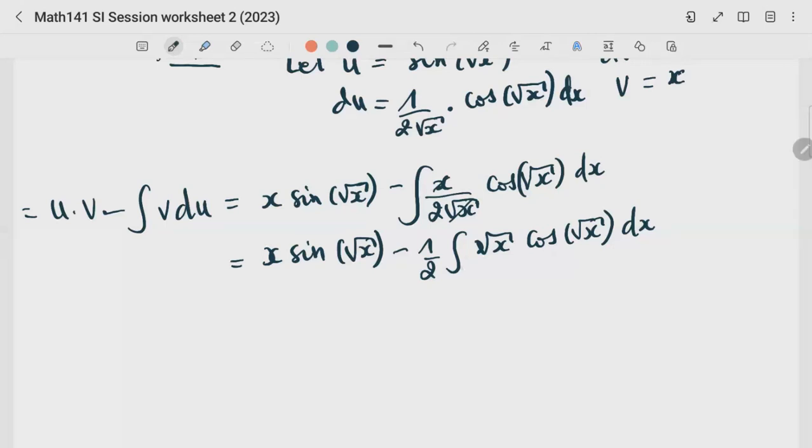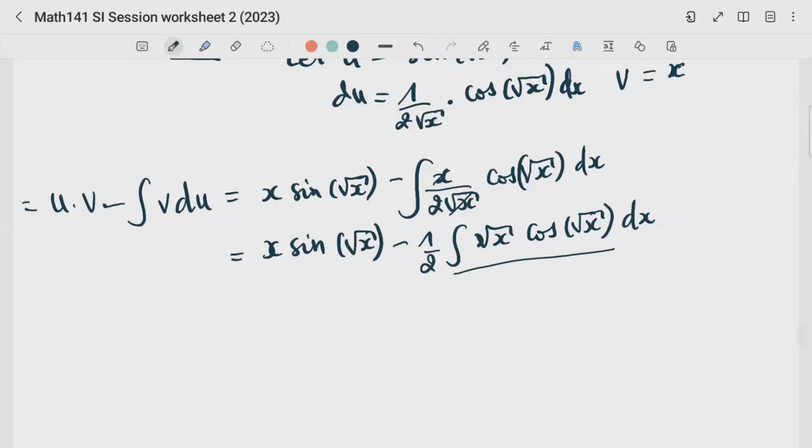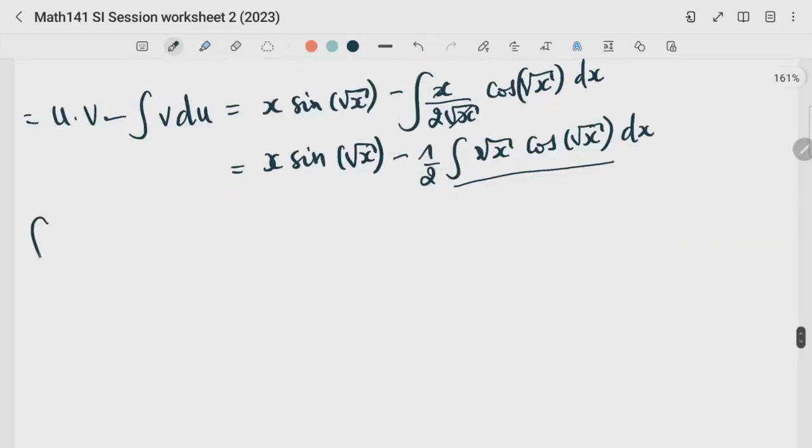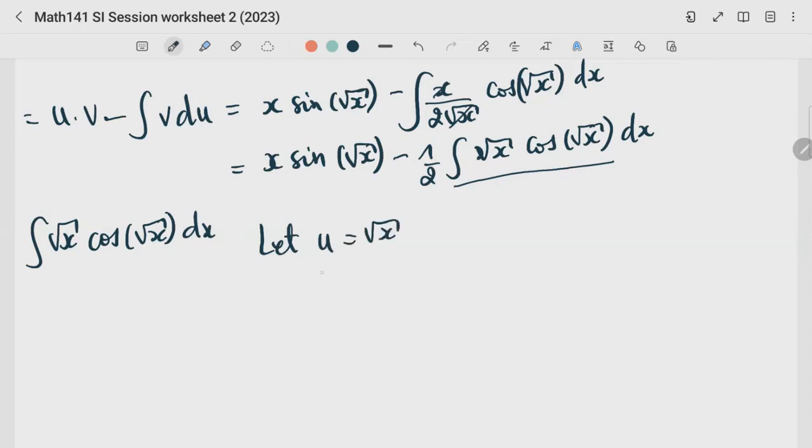Maybe we can let root x equal u with u-substitution. Oh, so we use u-substitution. Let's try that. So the integral of the square root of x cos root x dx. Using u-substitution, that would mean let u be equal to root x. Du is therefore equal to 1 over 2 root x dx. And